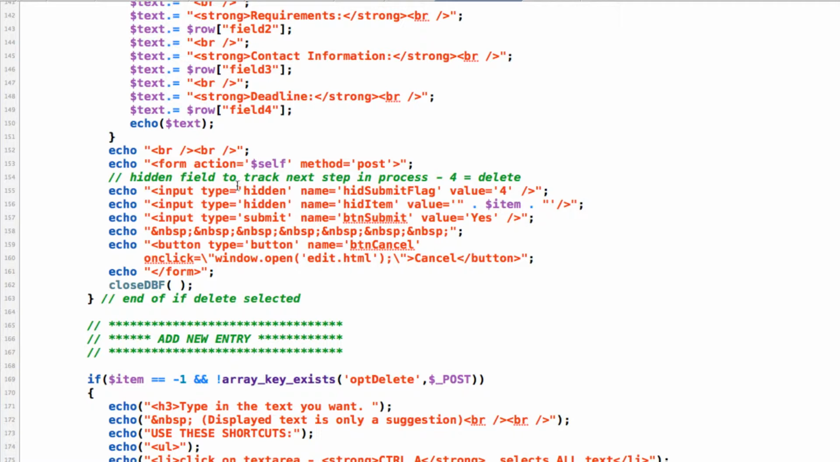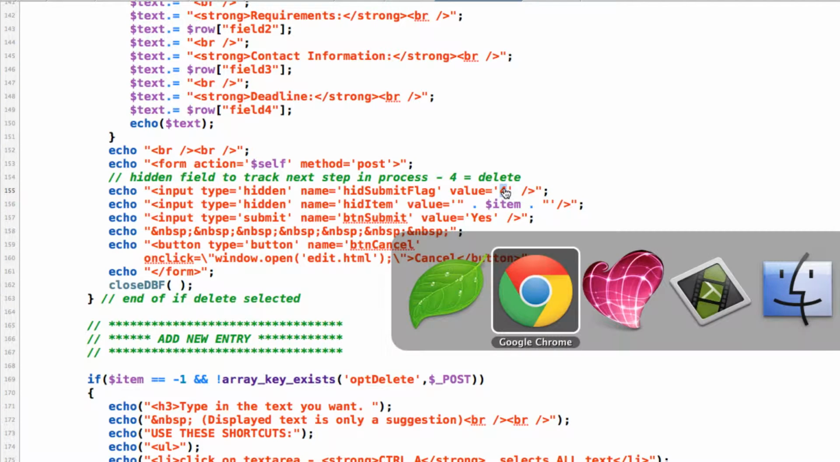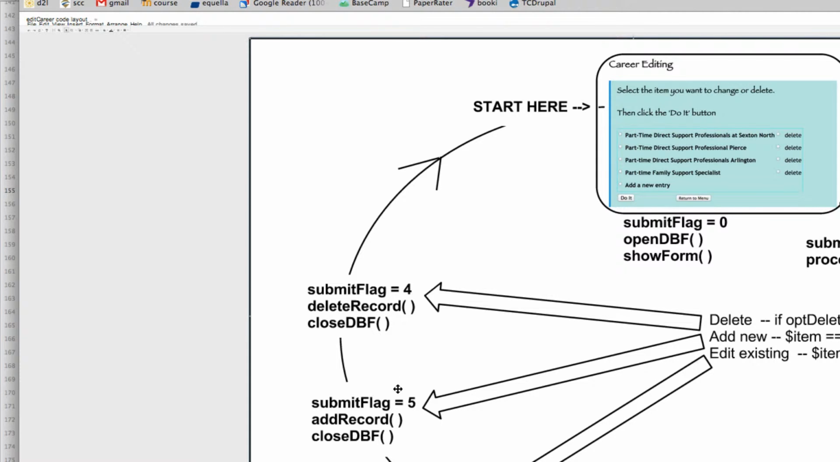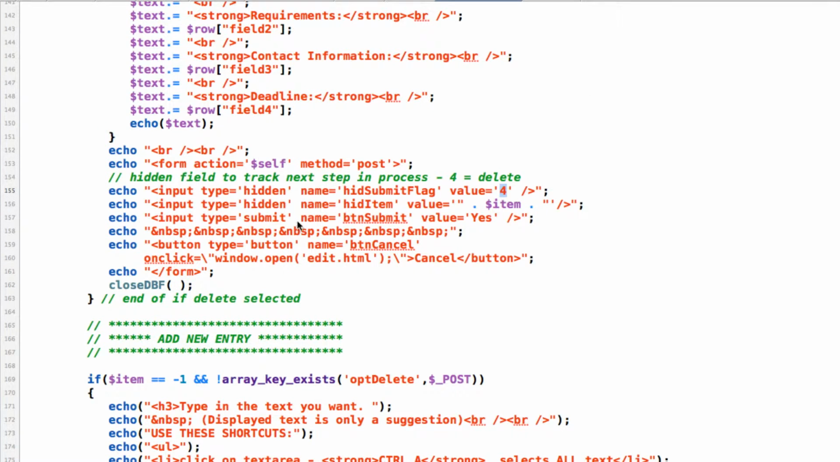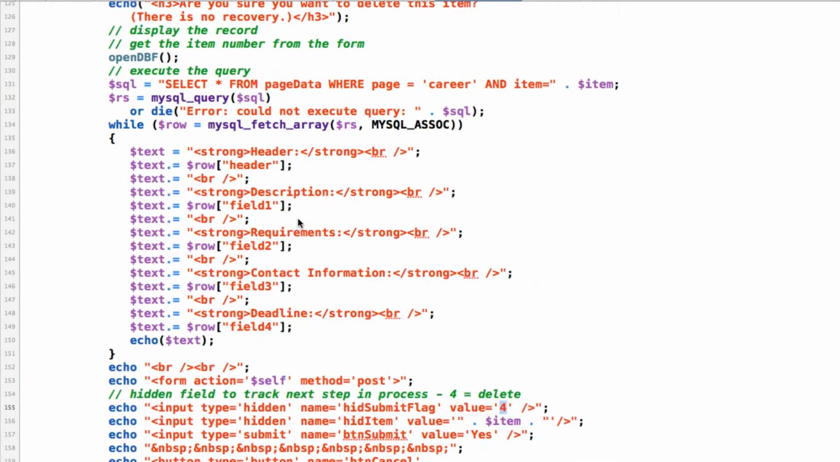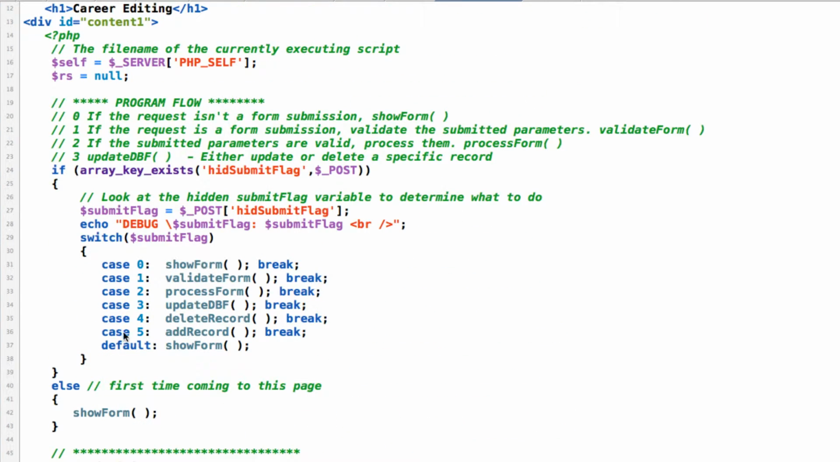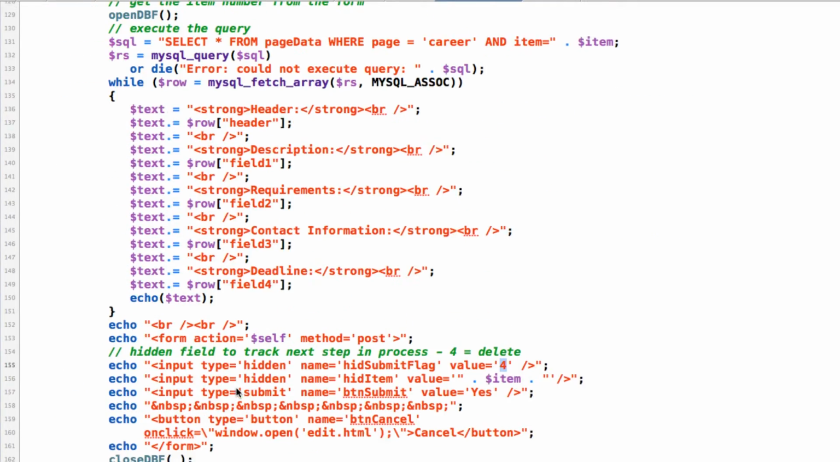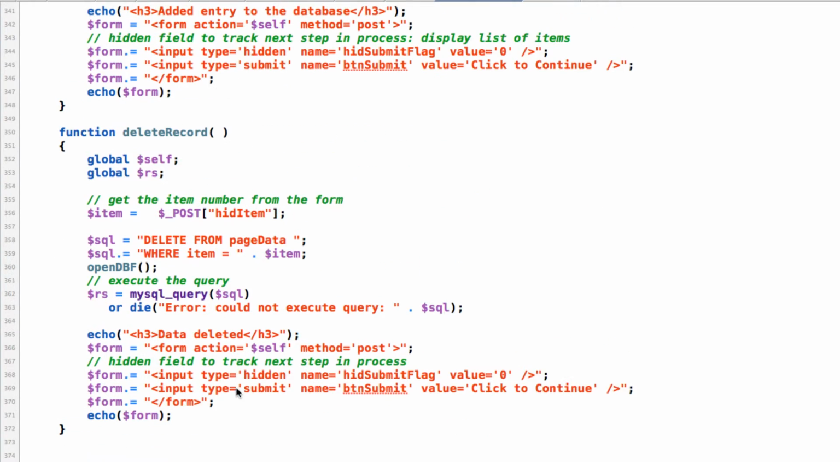and then we say, are you sure you want to do this? And if they click yes, then we send the value 4 back. So it runs our delete record, and then it comes back and displays it. So let's go back and look at our value 4. That's delete record. So we go from the processing to the delete record,